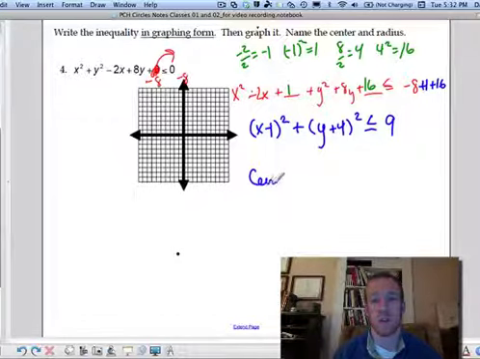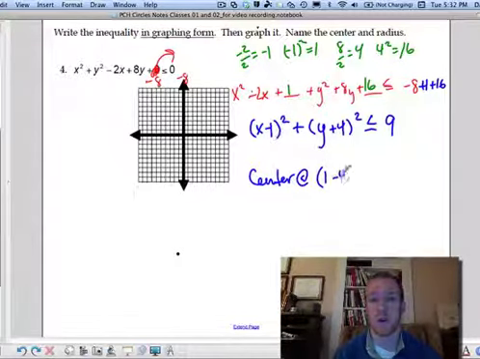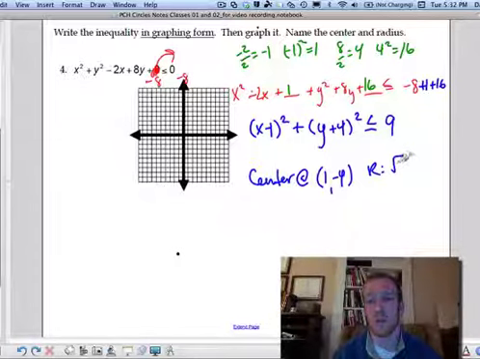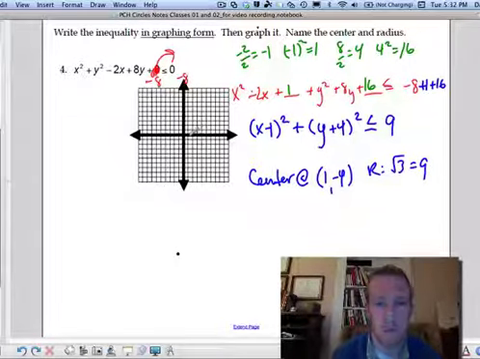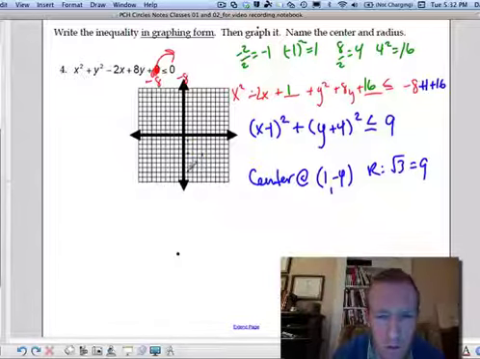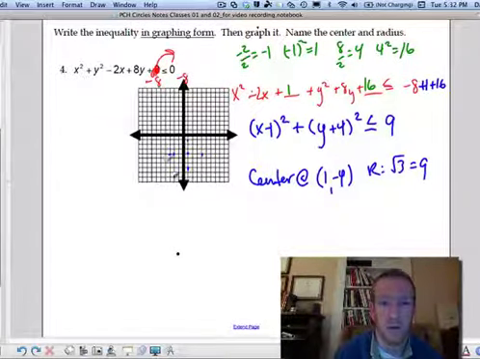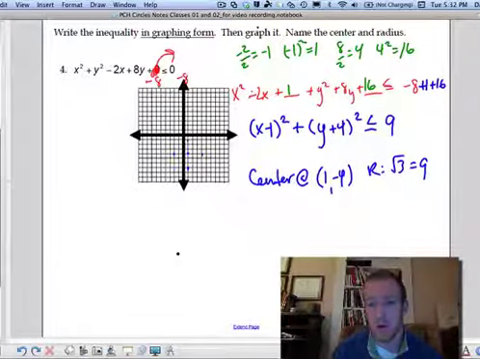Alright, so now we got a center at 1, negative 4, because it's the opposite sign, with a radius of the square root of 9, which is 3. So, over 1, down 4, a radius of 3, so it's there, there, that's the top one, sorry, and there. So it's kind of messy. So there's our circle,